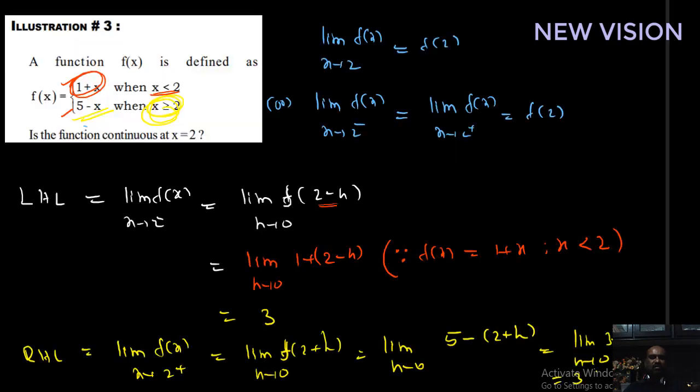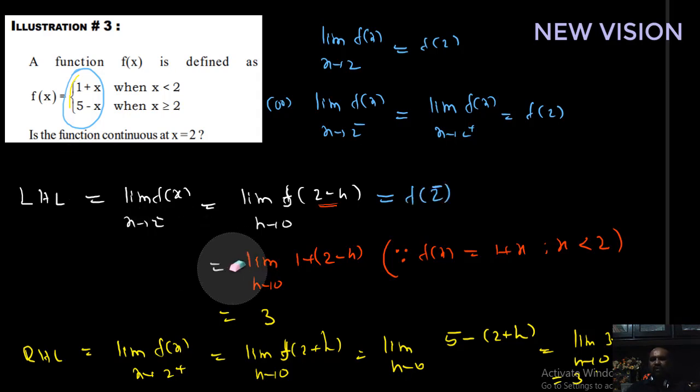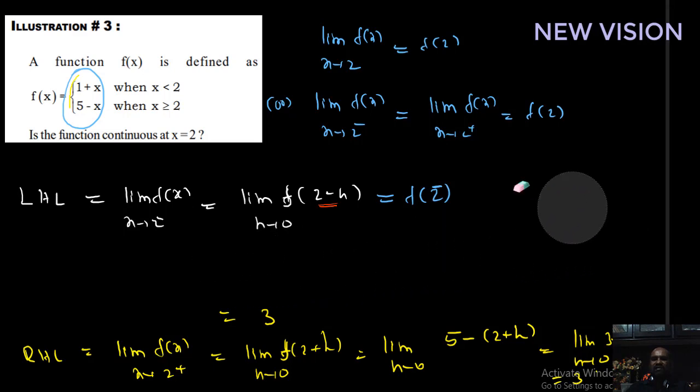Okay, students, an important note now: while finding LHL and RHL, if the functions do not involve modulus, step, or a special type of function, you can find LHL and RHL directly, with no need to find them like this. I will show you, students, listen here. LHL is also equal to f of 2 minus, another notation. F of 2 minus means we directly take x tending to 2 from lower values of 2. So how do we find f of 2 minus?